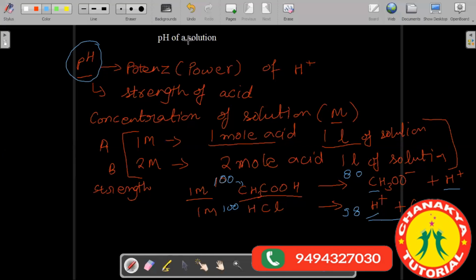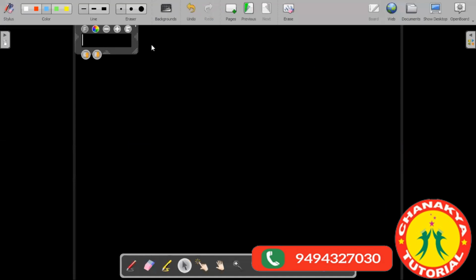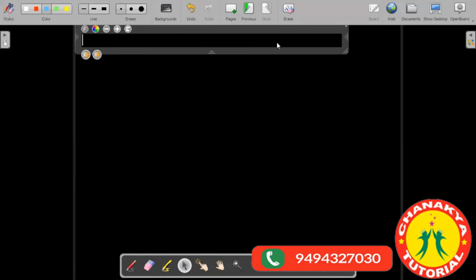So to have a better number, we find out the pH of the solution, and pH is defined as the negative logarithm